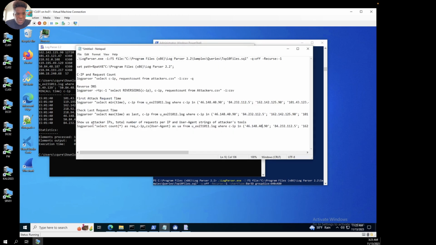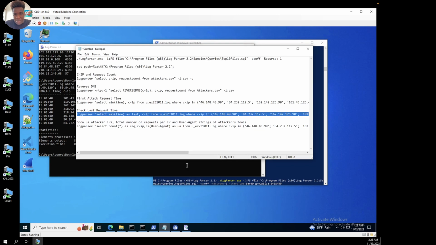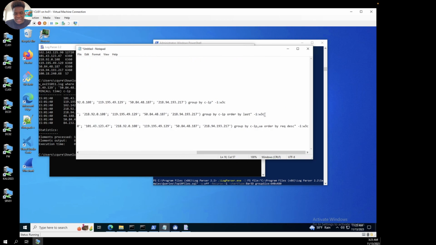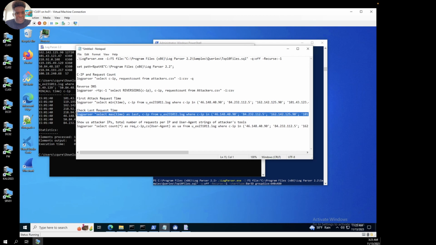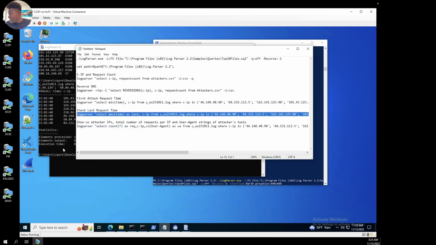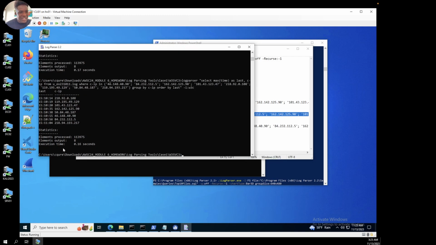Okay, we're going to also do the last request time. Let's see if we can actually extract that as well from the log file. This system is just slow, I guess that's the problem. So I'm going to copy this request. How many minutes do I have left? Oh, I've already exceeded the minutes. Okay, so this will give us the last. So the last request came in at